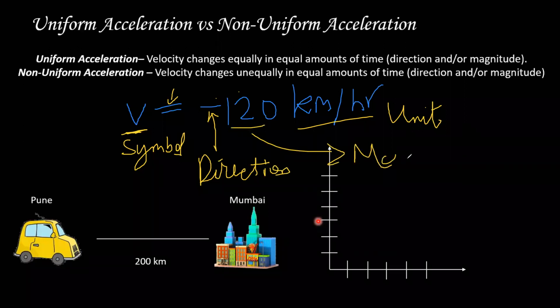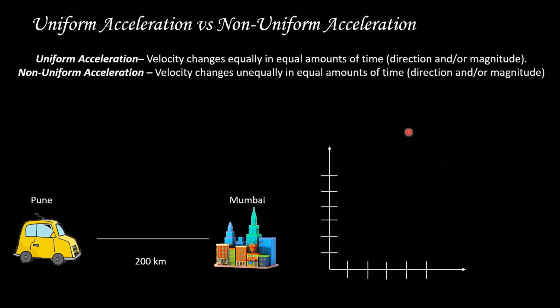This is magnitude. Magnitude is nothing but the quantity, the amount of speed. So the amount is 120, and the direction, positive or negative, is minus or plus. Understand? Yes, this value, Bhaiya, yeah, this is magnitude. Okay. So folks, this is what uniform acceleration and non-uniform was.